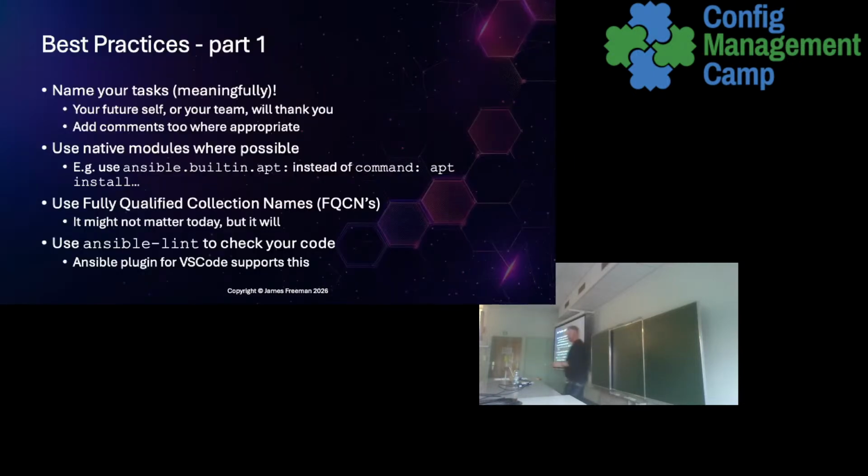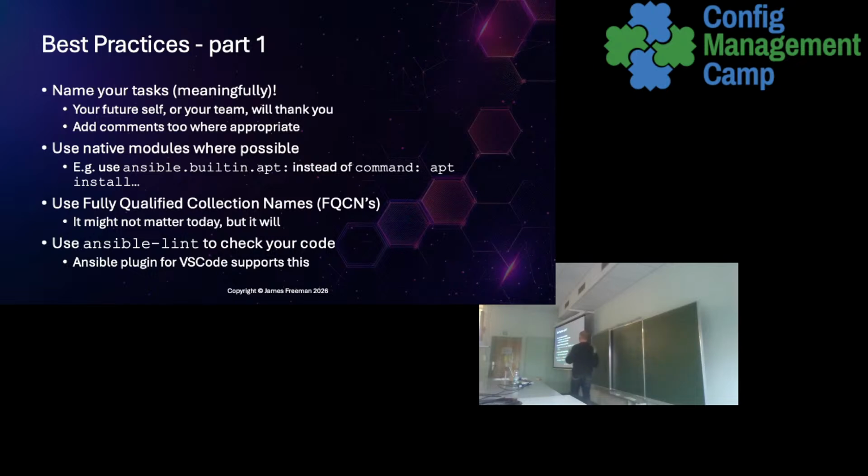Couple more minor things. Name your tasks meaningfully. You can actually create tasks in Ansible without the name at all. That will work. Again, I've done that as a quick and dirty workaround. Honestly, you'll regret it if you do that. Maybe not today, but again, down the road, because what's it doing? Also, when the play runs, it prints out the names as the heading for each task as it runs. So actually, if you're watching the playbook run, you can see what it's doing.